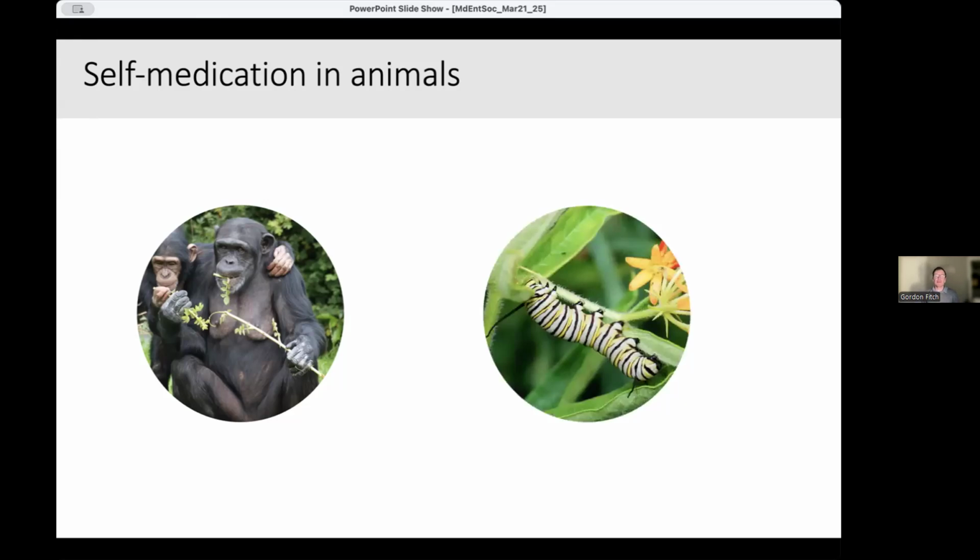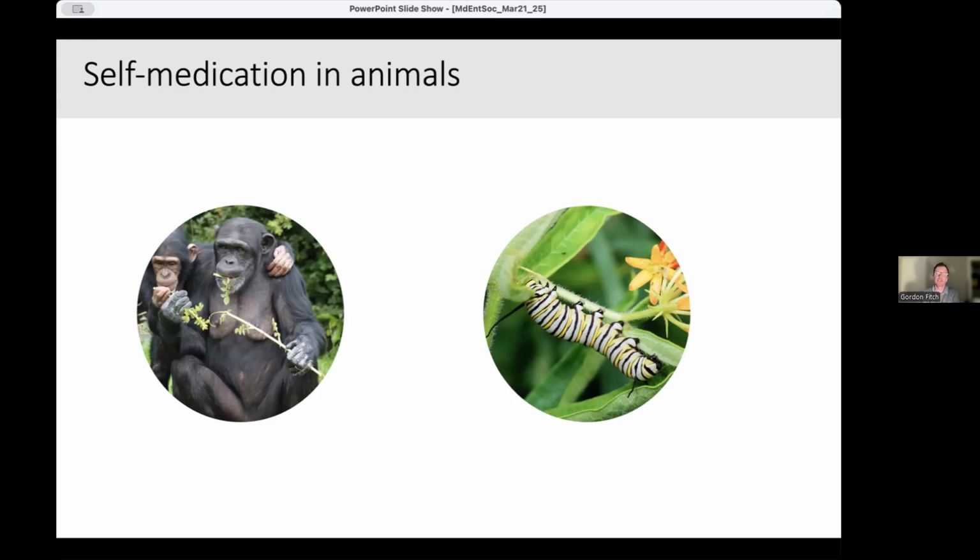It may be one thing to have a highly intelligent vertebrate doing this, but we have also found evidence in a few different insects of self-medication. Primarily the strongest evidence is from Lepidoptera. So here, the monarch butterfly caterpillar, and as I imagine most of you know, the caterpillars feed exclusively on milkweed. Milkweed has these quite toxic cardenolides that wind up in the bodies of these monarchs and allow them to be distasteful and toxic to things that eat them.